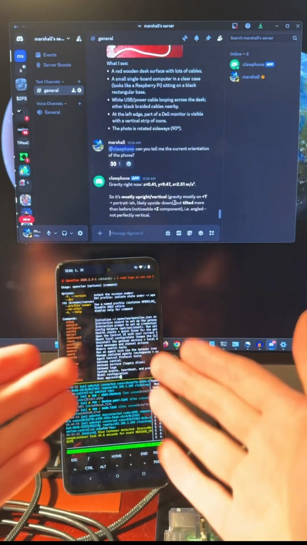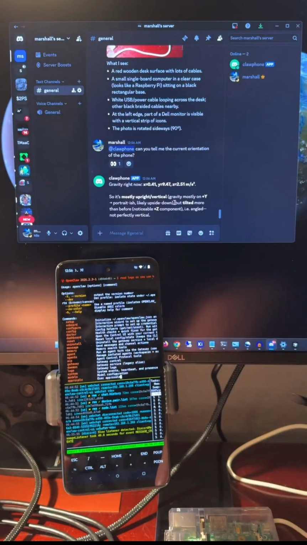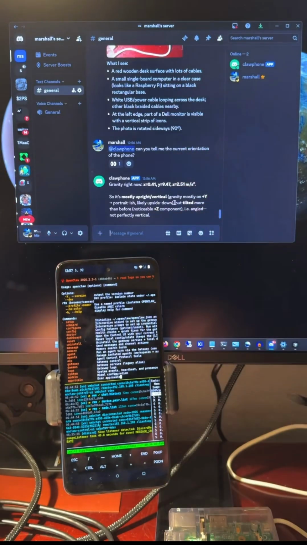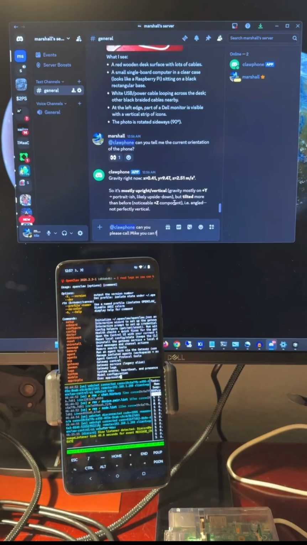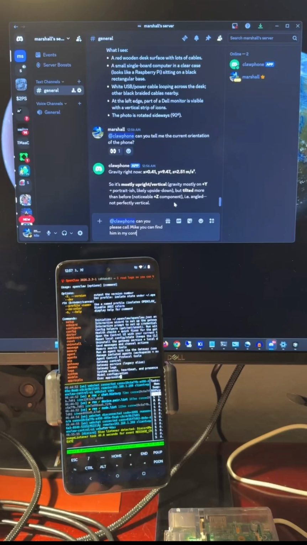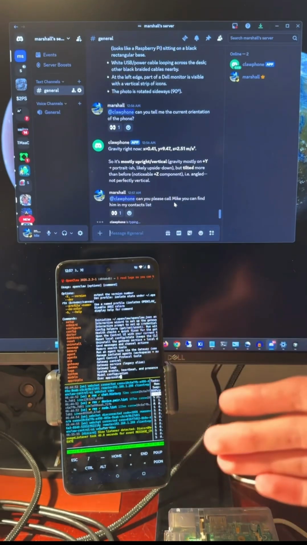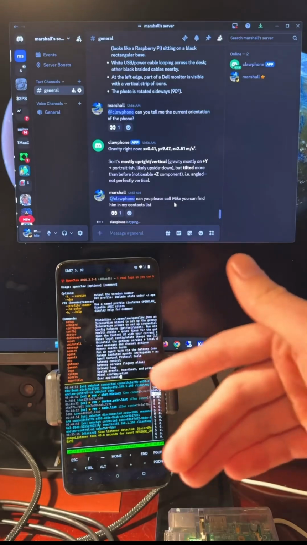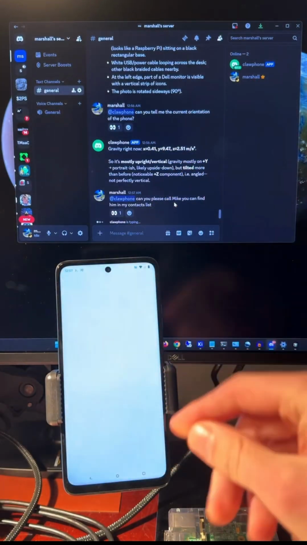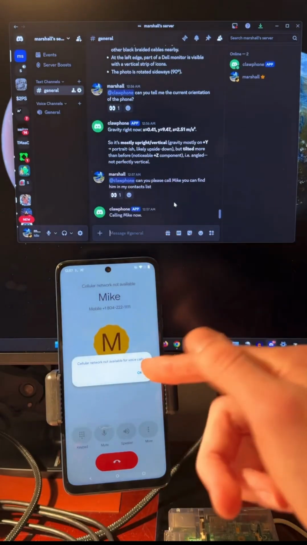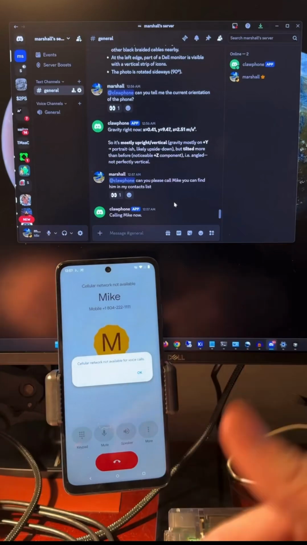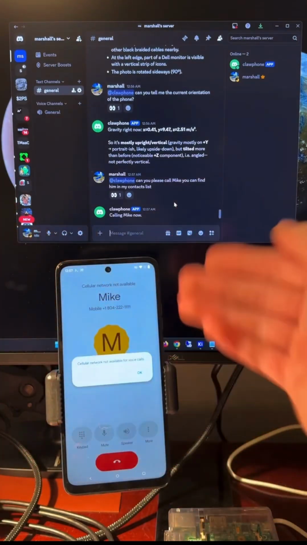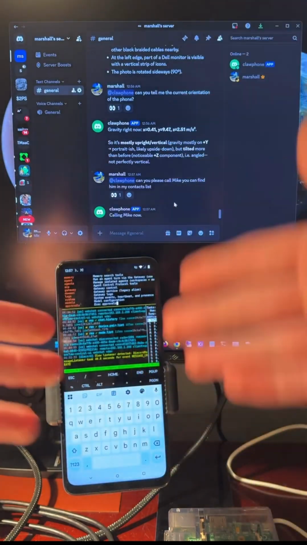Because this is an Android phone, it has access to basically everything on the Android phone, so it can just make real phone calls. So I'm going to be like, hey ClawPhone, can you please call Mike? You can find him in my contacts list. So what OpenClaw is going to do is look through the contacts, find Mike, and give him a call. Now, this failed because I don't actually have a phone number hooked up to this prepaid phone. I just didn't want to pay for one. So that's going to fail, but it actually did open up the app and try to call,